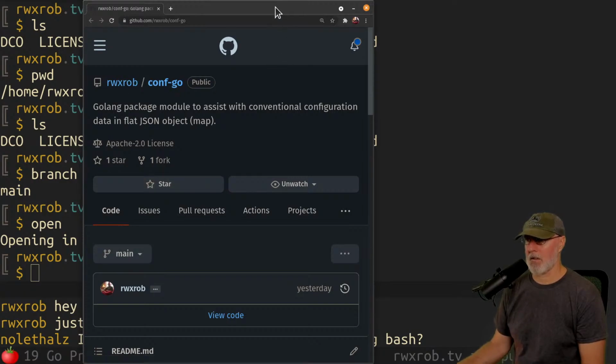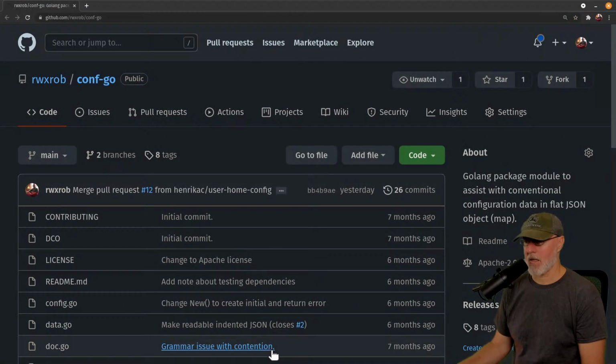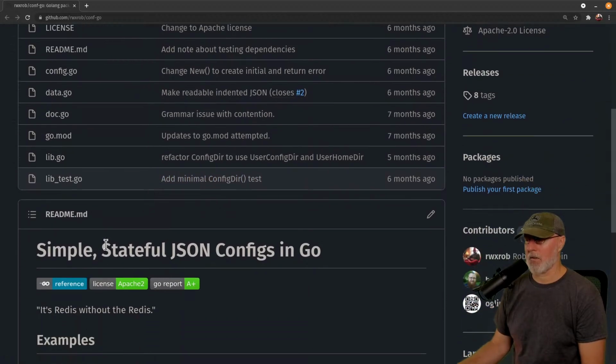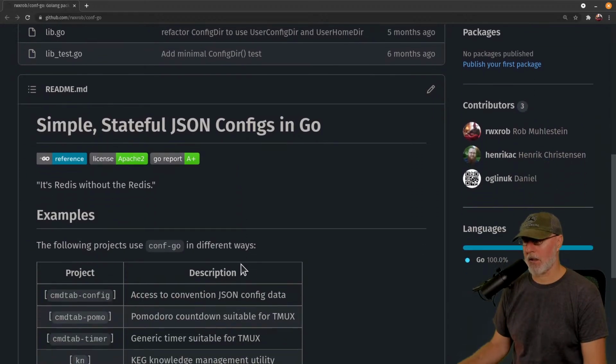So this is the code, and this is the old code that we're redoing. So this is the old one. It works fine. Henrik had a commit. Og had a commit. The problem with this is it's based on JSON, and I am dropping the JSON dependency for reasons that I'll talk about as we go.